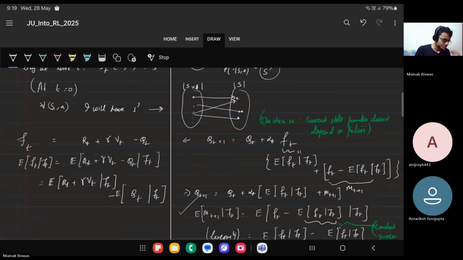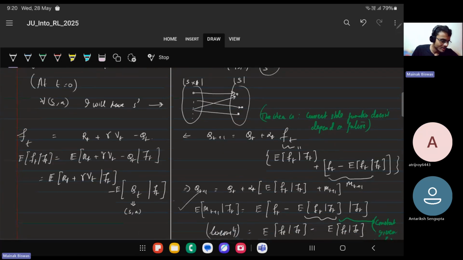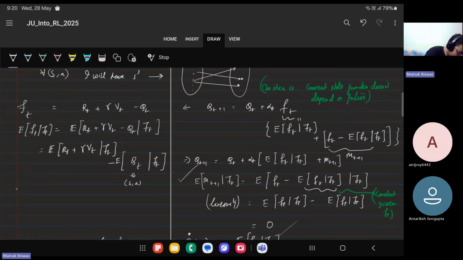So now Qt of S comma A. So now again, do you see that this second term is a constant? You have to realize that it is a constant. Let me write out the first term first nicely. The expected value of reward of S, A, S dash plus gamma times max over A dash